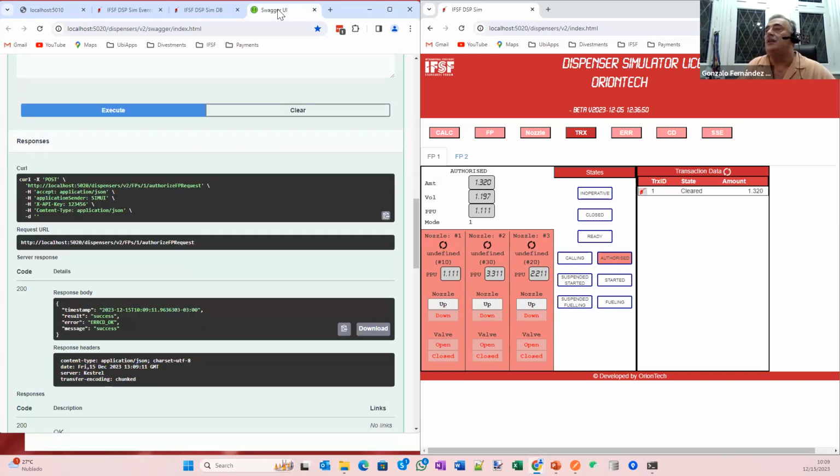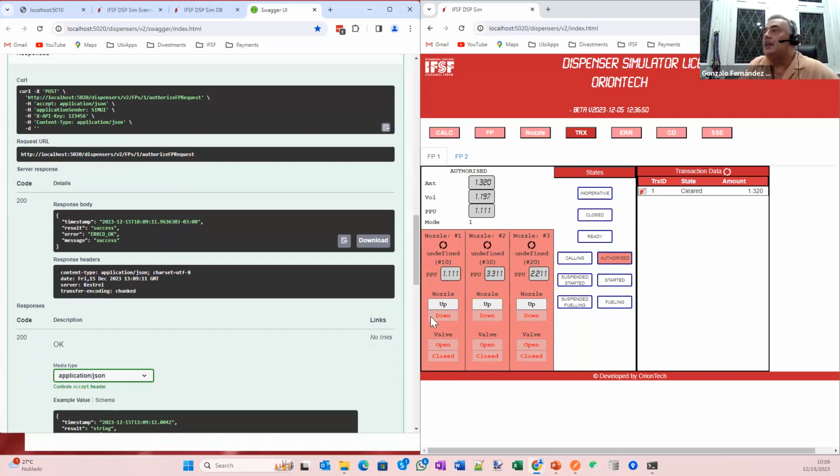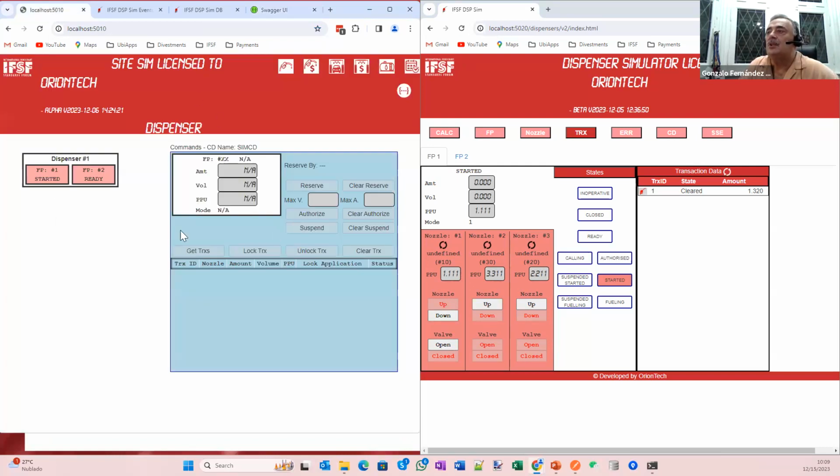This is working as a different controlling device, and everything is working smoothly. Now I can lift the nozzle. Now it started. Back in the controlling device, I see that the dispenser is started. I can open the valve. It will be fueling. It's running the fueling. And when I bring this one down, it's back on ready. Being ready now,